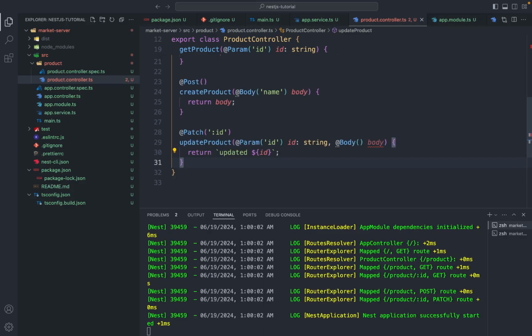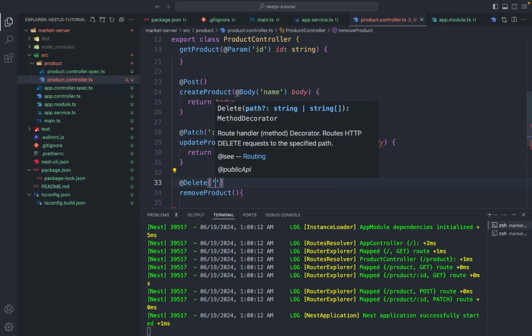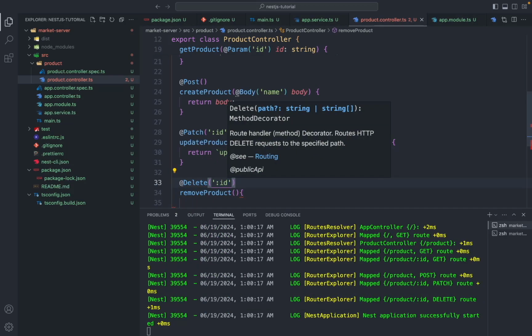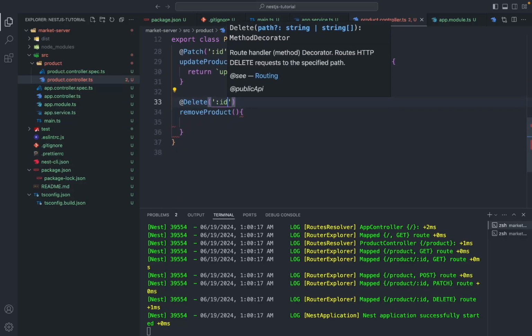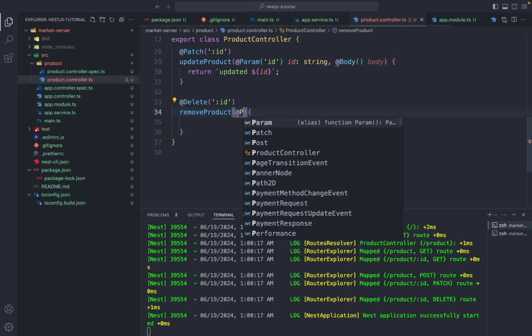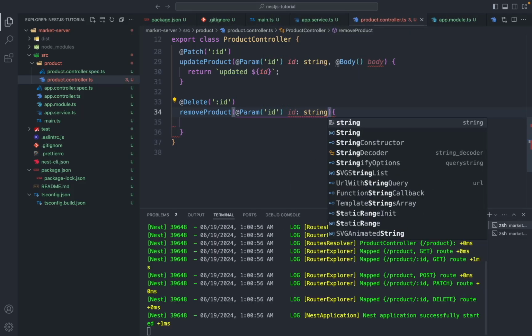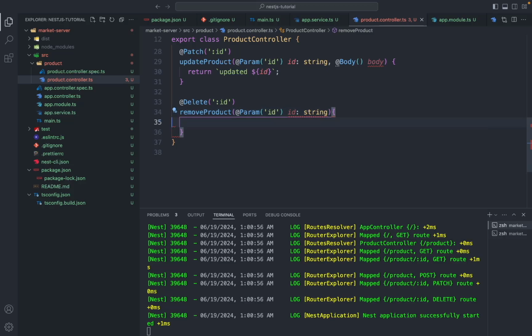Now for the delete operation, we'll add a new method called remove product and decorate it with the delete decorator, passing in :id to specify which product to delete. In the parameters of this method, we use the param decorator to grab the ID from the incoming request, and lastly, let's add a return statement